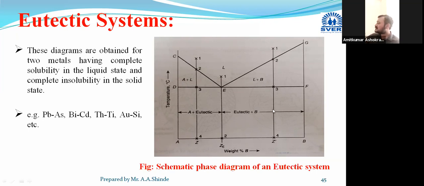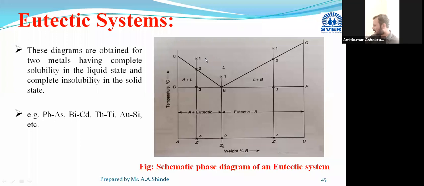Now, after this, if the equilibrium diagram is uniform throughout, then you have to consider any one composition, and write the microstructural changes for that alloy's cooling process. But here, we have this first region, this is the second region, and this particular point. In this way, we have to consider three different alloys, explain their cooling from liquid state up to room temperature, and draw the microstructural changes.